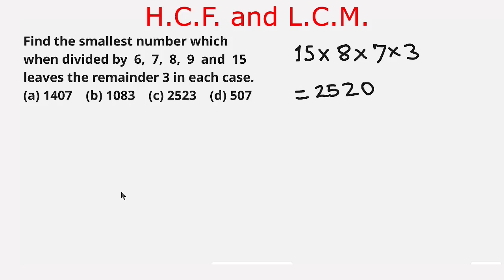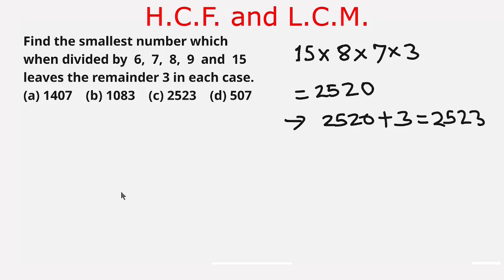This is our LCM, and as the remainder in each case is 3, we will add 3 to this. Then our answer will become 2520 plus 3, and that is equal to